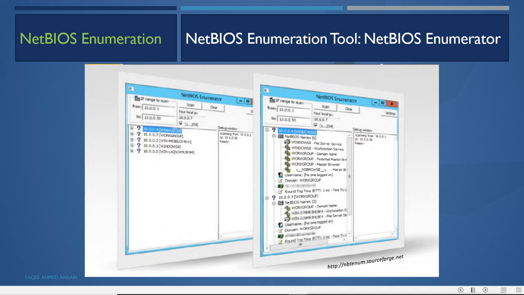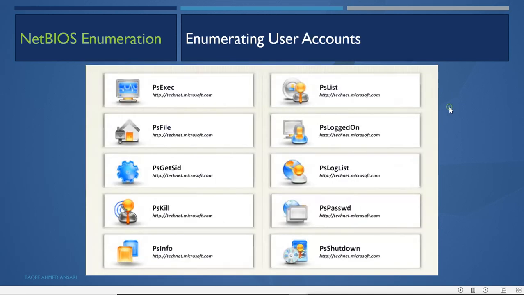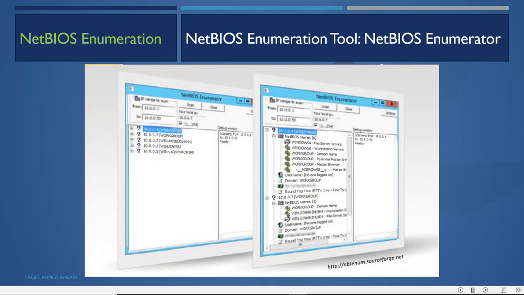But nowadays null session is not available, because Windows has patched it. We can create the null session, and it will show that it was created successfully, but it won't work. It won't reveal the information.